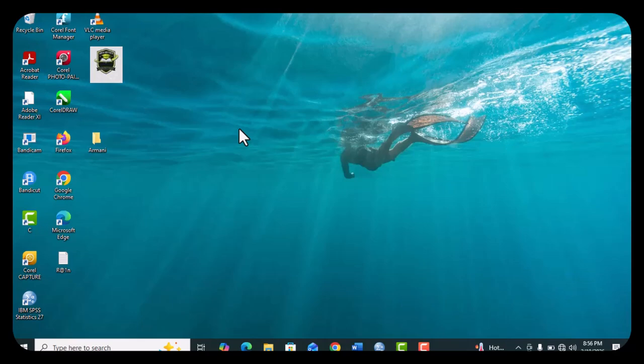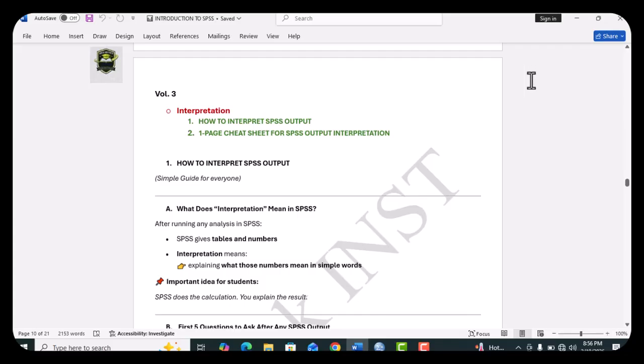Now we continue from where we stopped, where we said we are continuing from volume 3. So which volume 3 was it? Let's go with that. So in volume 3 we have the interpretation. After we have done the analysis on SPSS, the next thing we have to do is the interpretation, and